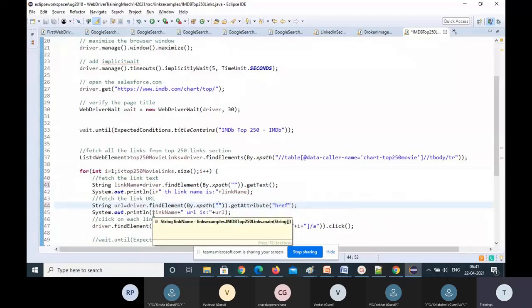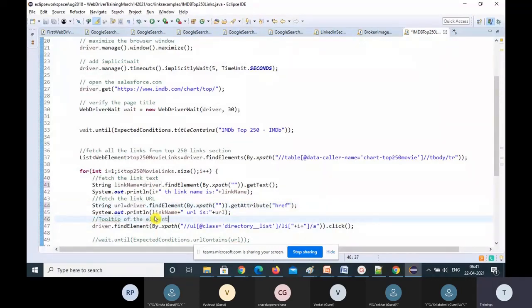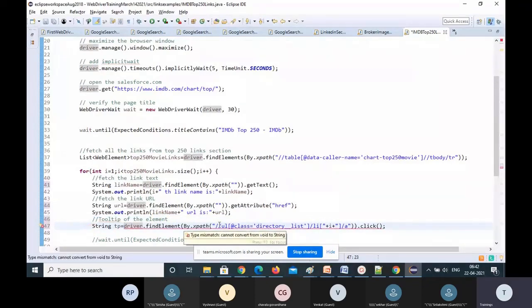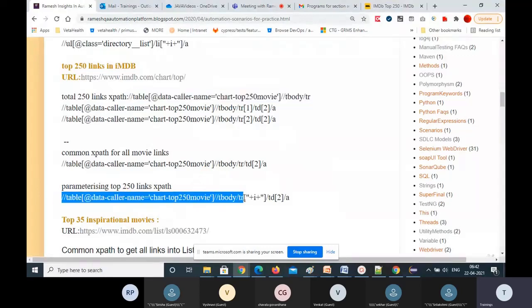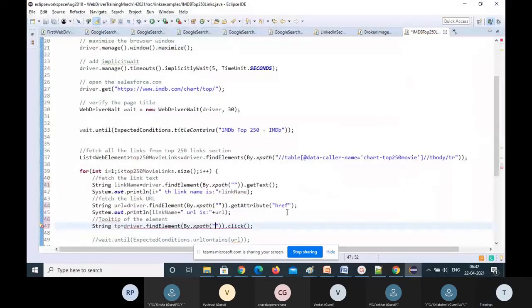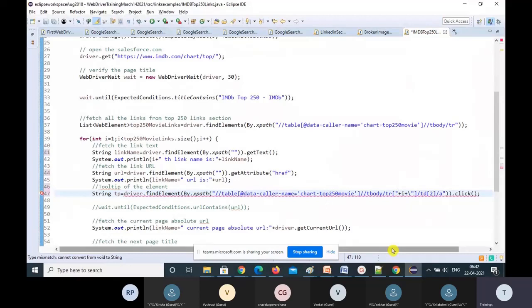Why are you struggling here? And I asked one more: get the tooltip. Here, get the tooltip. Most similar code. I don't know why people are struggling, as it is, you have to give everything. If I didn't give XPaths, okay, you need to struggle. So why do you need to give it the same way? Because these are dynamically changing. Only in one place the values keep changing, remaining all are similar. That is the reason we have to give it like this. That's why we have to give that.